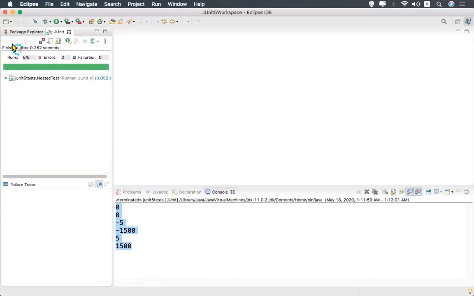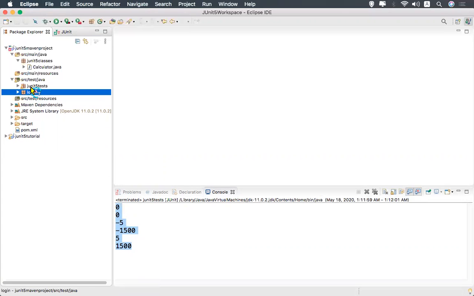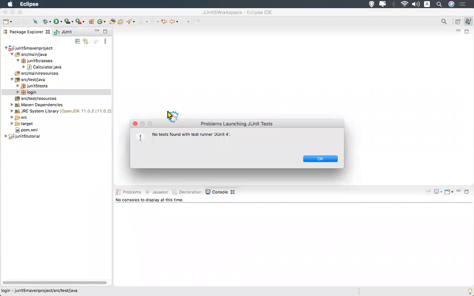Okay, that is fine. But I want to execute these two packages. Tomorrow I may have 10 packages, and I cannot do this. I can execute only a particular package by right clicking on the package.